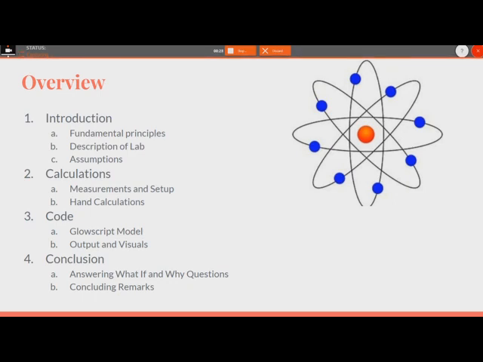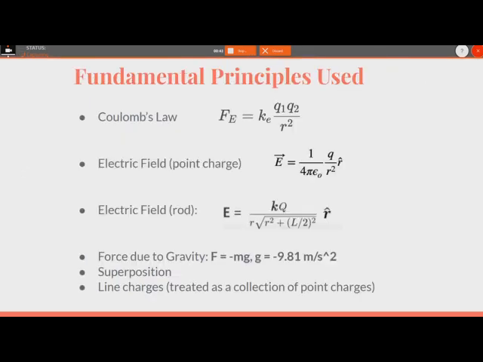And then going through my code, I'm going to talk about the GlowScript model that I put in and some of the output and visuals that the code gave me. And then I'm going to talk about the conclusion, answering the what if and why questions, and also some concluding remarks that I have. So some of the fundamental principles used, I used Coulomb's law, Fe equals K Q1 Q2 over R squared,